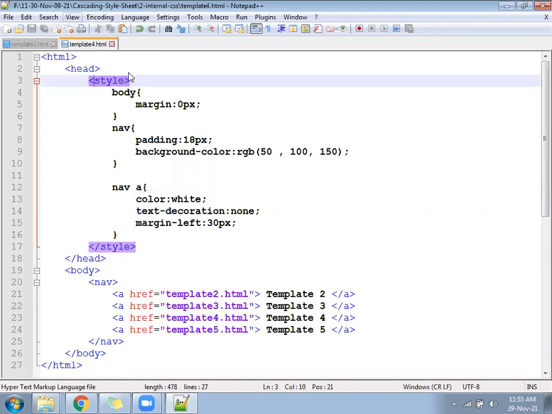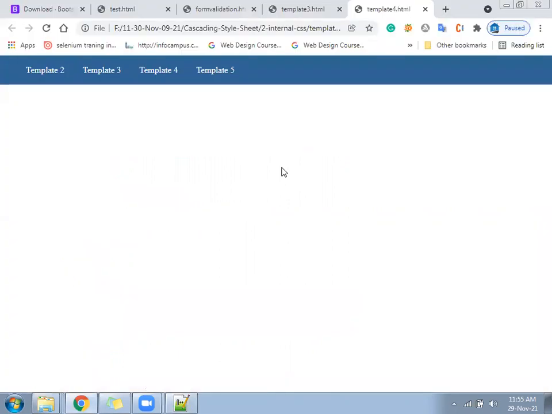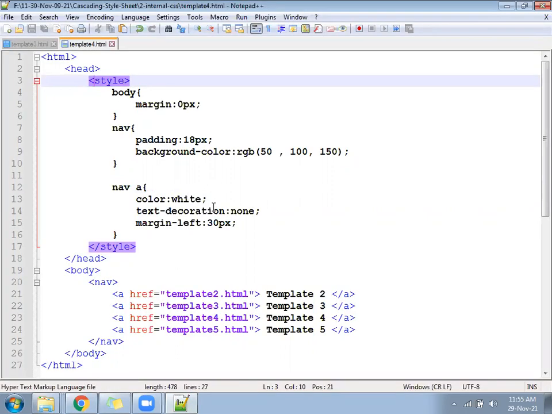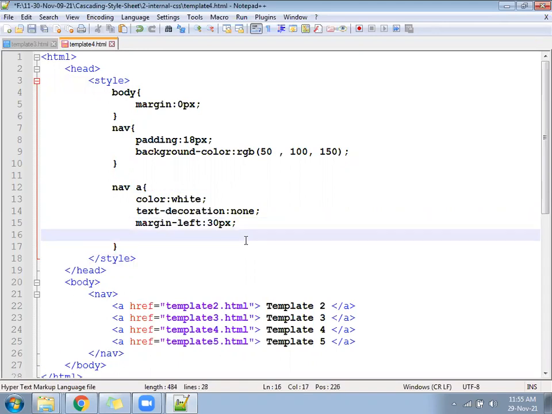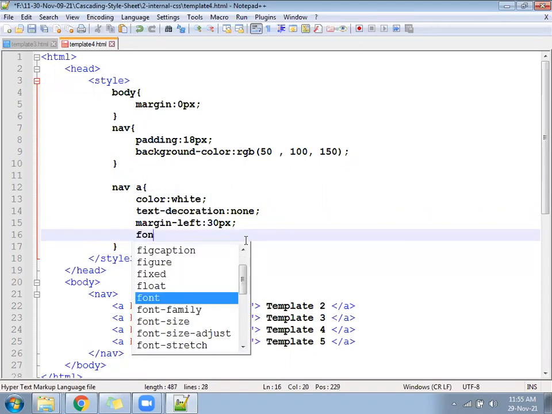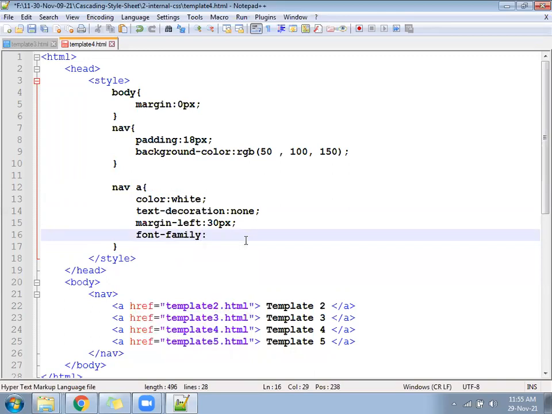And we run the page. Something like this. We can change little font style. Not font style, font family. Okay, font family for a tag. Right there, font-family colon. Many are there: Verdana, Arial Black, Georgia, and some others.